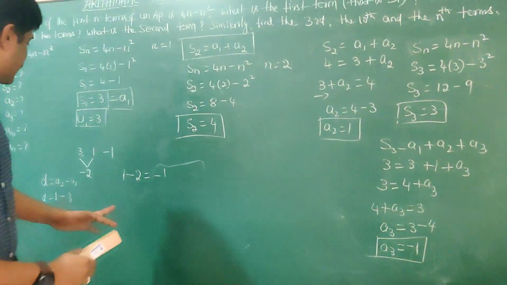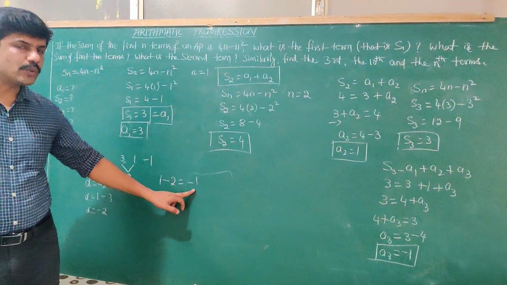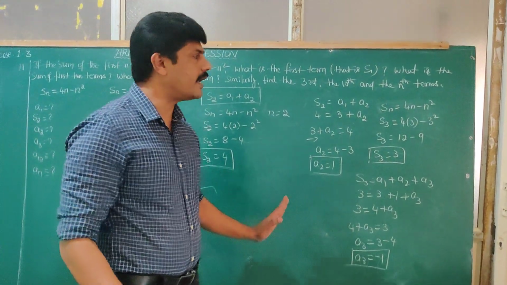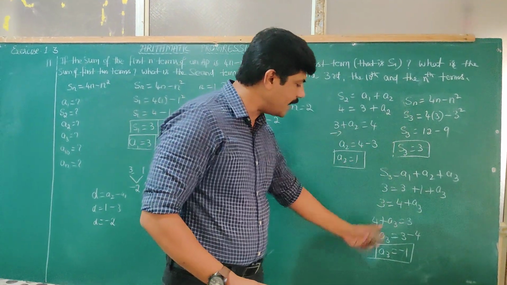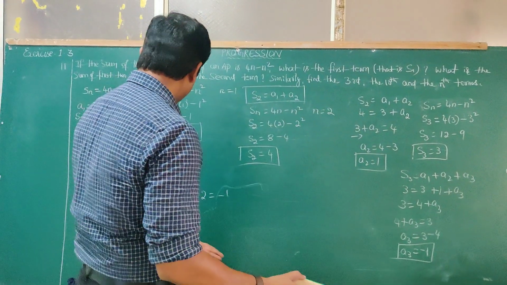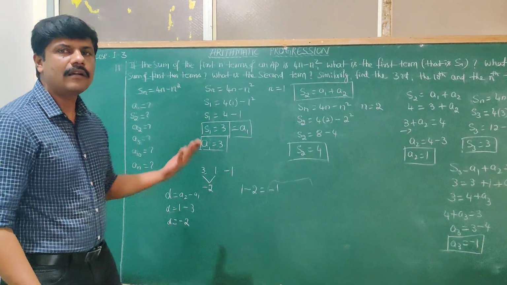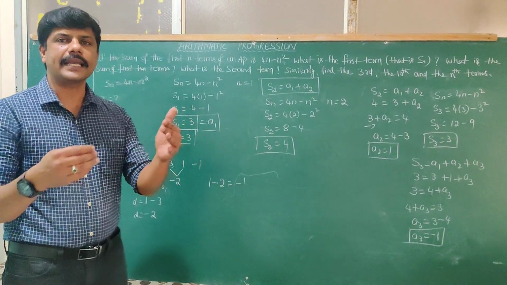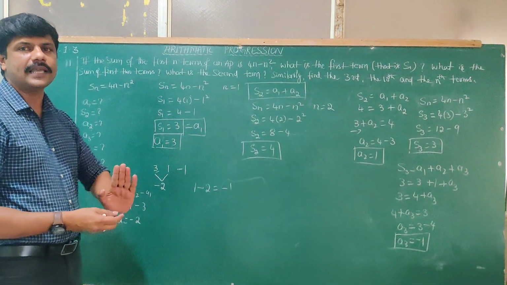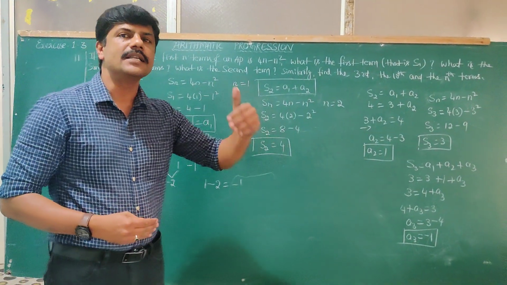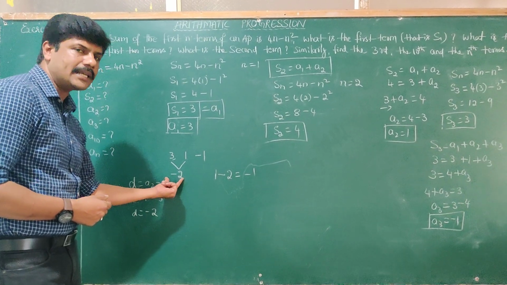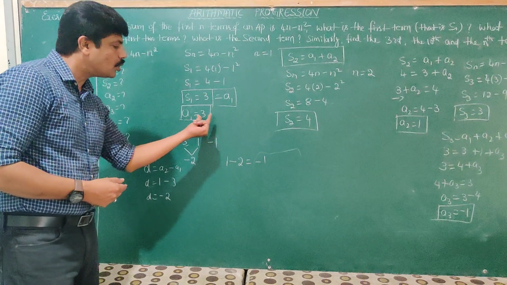Now see the difference here. Here also you got minus 1 itself. It is a very simple way. It is not a complicated way. You can use this method also to find the third term. So whichever is convenient for you, you can do that. Here what I did is, we had the first and second terms, and we found the common difference. After finding the common difference, what does AP say? Keep on adding the common difference to get subsequent numbers. Okay. So thus we have got minus 2. Minus 2 we have added to the second number to get the third number.